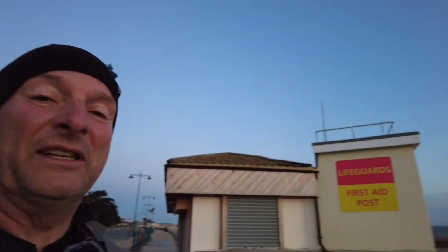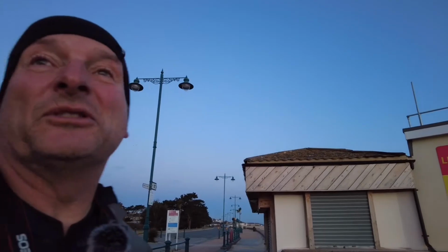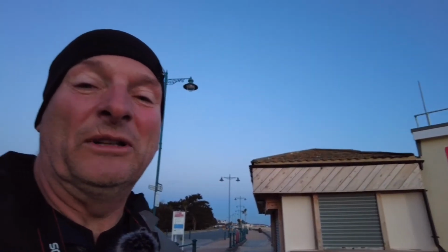So I've wandered along in the opposite direction to all the waterworks, and I'm going to try and take some sunrise pictures from the outdoor cafe and the lifeguard post here on the sea wall at Ryde. It looks really nice off in the distance, really beautiful colours. So I'll do that when the sun is actually rising. I'll take some shots on there. Then when the sun's risen a bit, I will go back to my